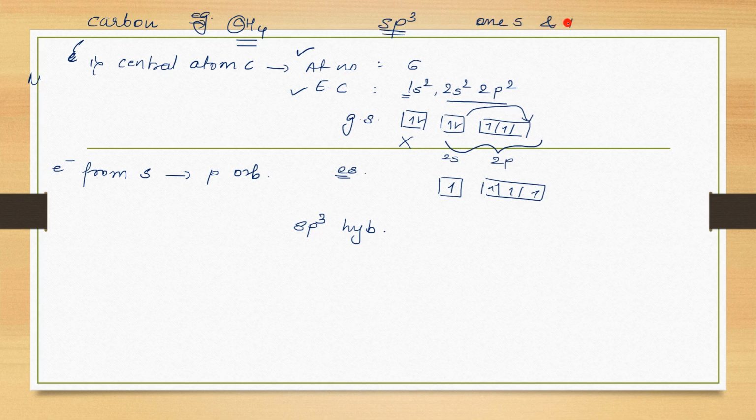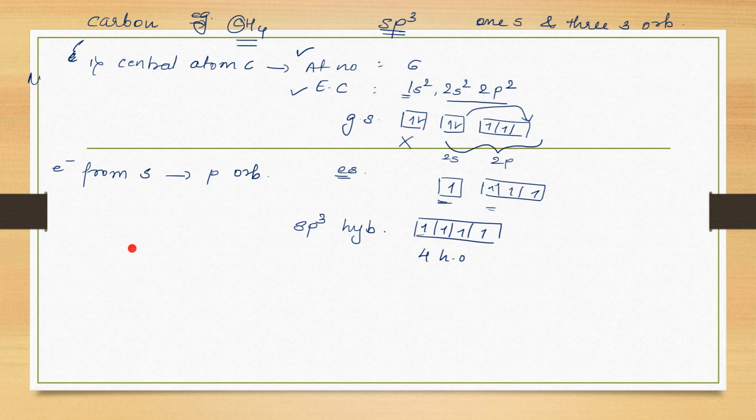1s and 3 p orbitals mix, yes or no? 3 p orbitals mix. So this is 1s and 3 p to give 4 hybrid orbitals. So all of them are going to mix. Now you are going to get 4 hybrid orbitals of identical energies, right? This is the sp3 hybridization of carbon atom. Now let's see how it looks like.